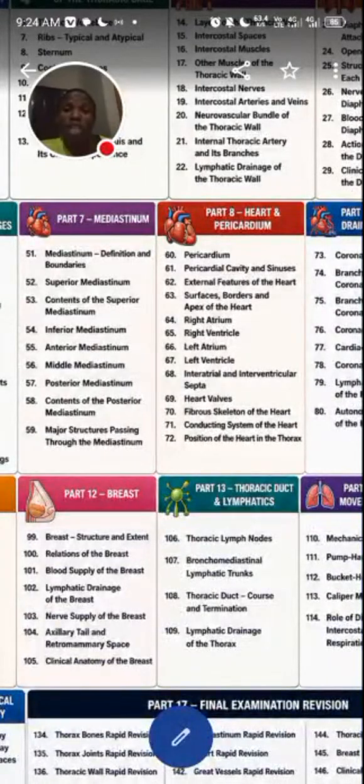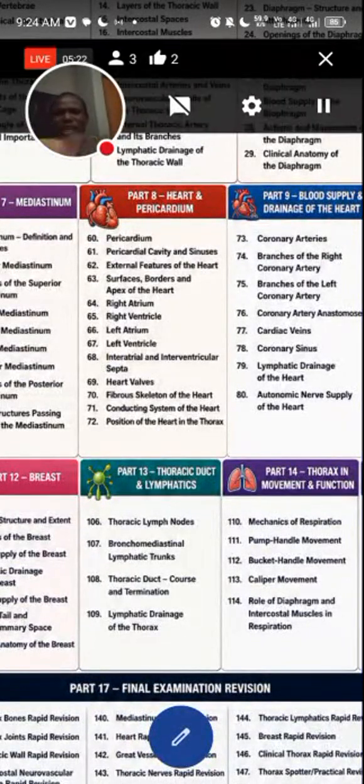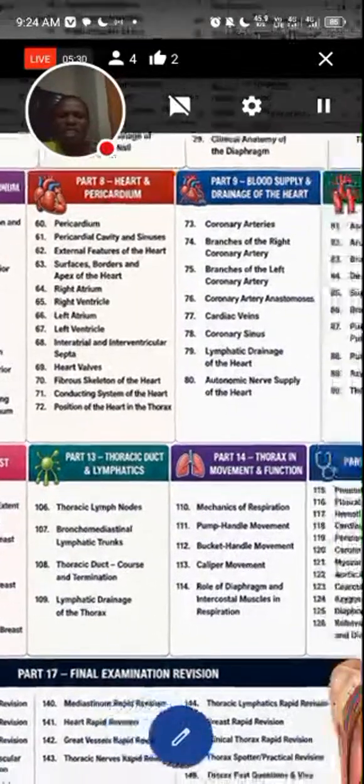and this also concerns those in the upper and lower limb. Only that when we're looking at the breast, we'll be looking at many more things than it was looked at in the upper and lower limb. Watch the video. This session is just the tip of an iceberg compared to so much you have to learn in this privileged channel. Moving on, we'll be looking at the ducts and the lymphatic drainages,